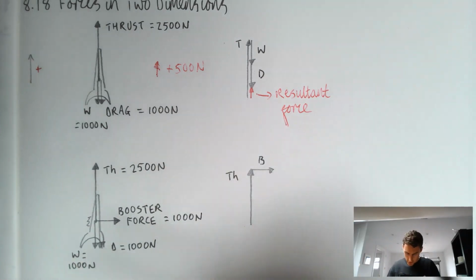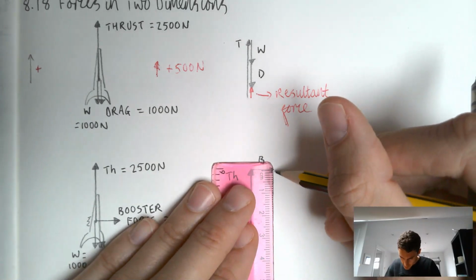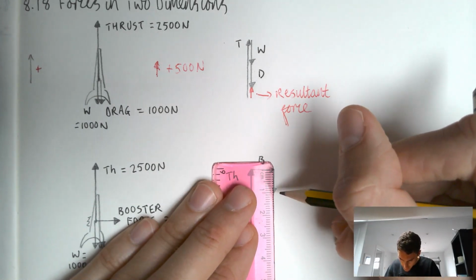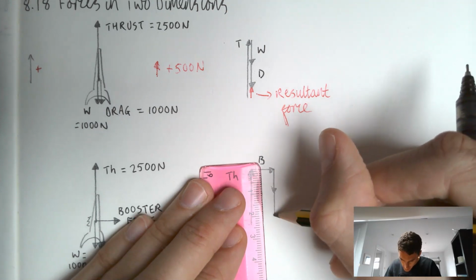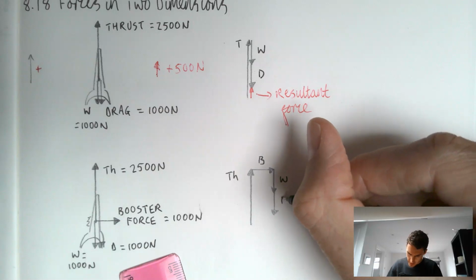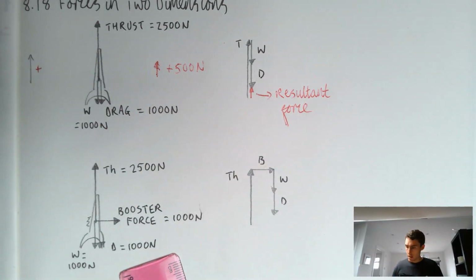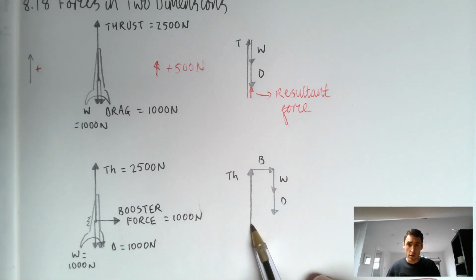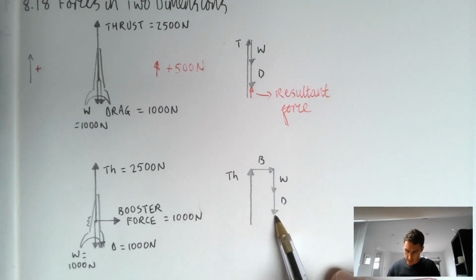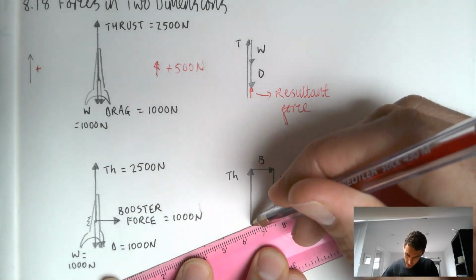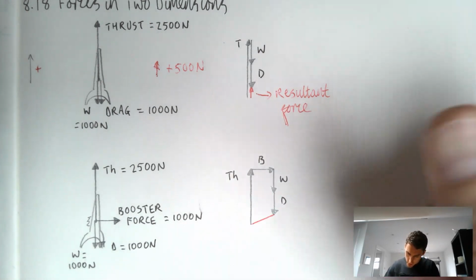And then I've got my other two forces here, the weight and the drag, so I'm going to draw them here, and I'm going to label those the weight and the drag. And this means I've got a resultant force from the start of the first arrow that I drew to the end of the last arrow. I've now got a resultant force in a diagonal direction. So what that means is,